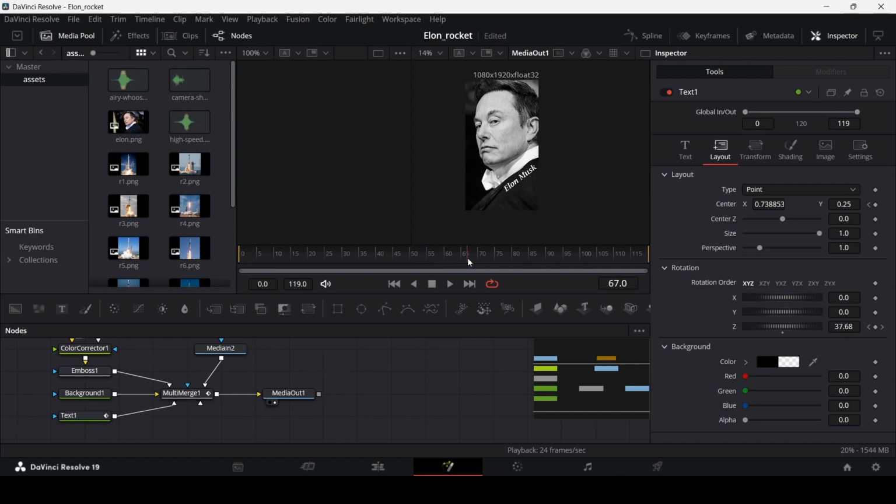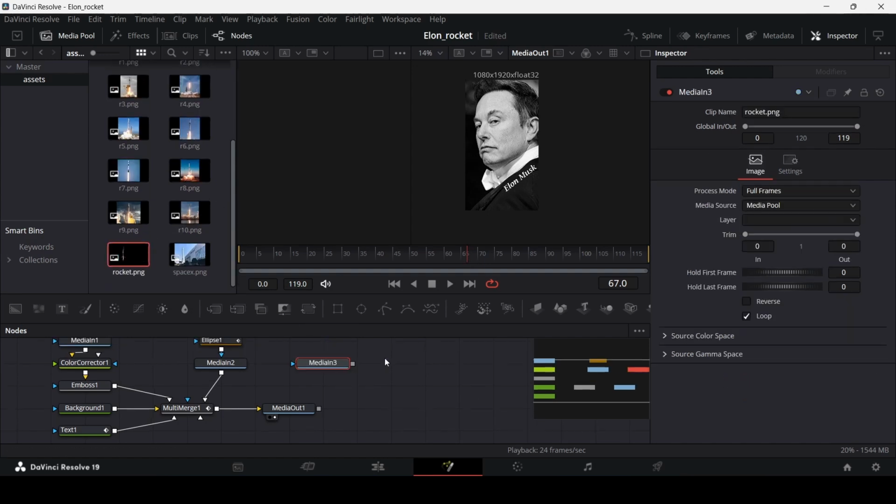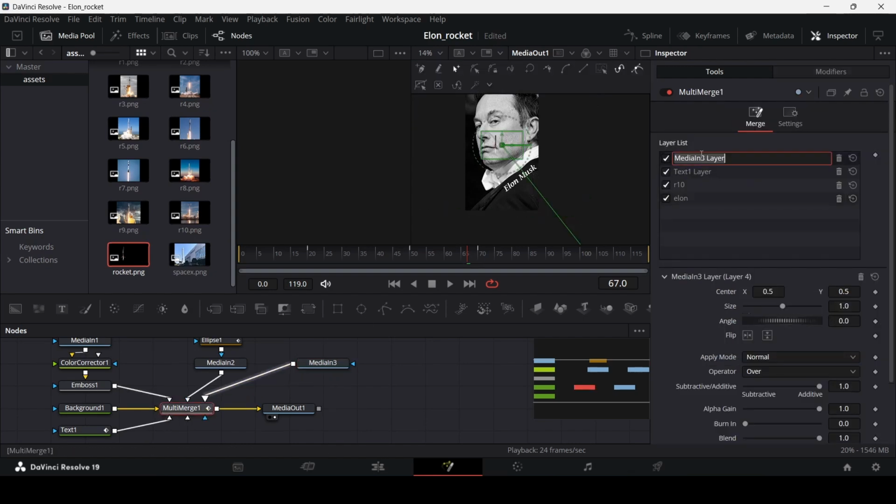Okay, so the next thing is to add a rocket. So for this, we're going to add this rocket right here, this rocket PNG. Make sure to add this, connect this with the multi-merge. And let's also rename this. So let's call this rocket. And let's increase the size a little bit. And I'm just going to position this,